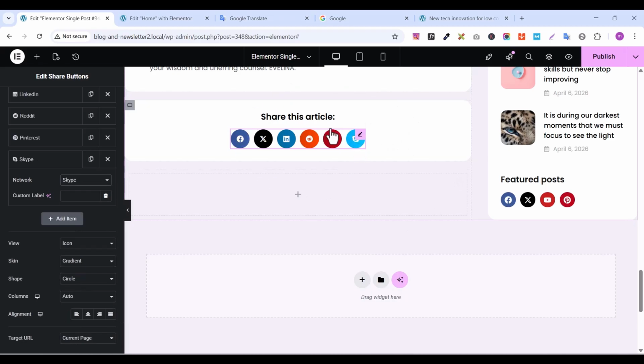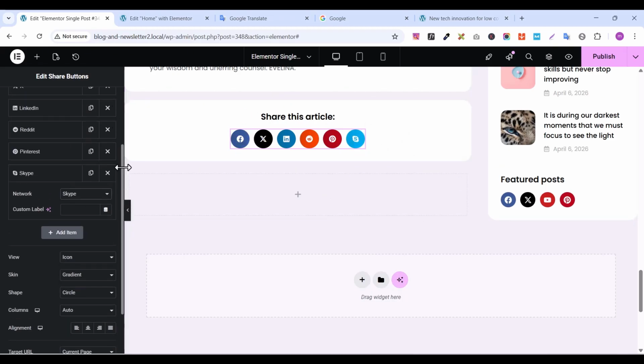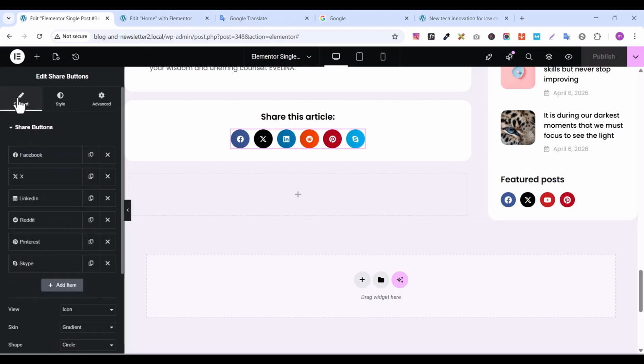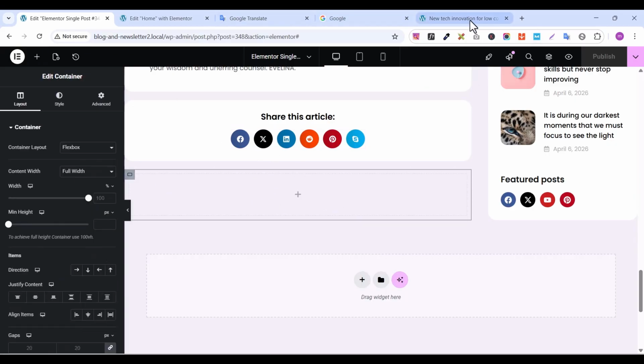So after that, you can just go to style and style it a little bit if you want. So here, I don't want to do any more changes here. So I just want to show you how to achieve it. So if you want to do some changes, you can do any changes you want, but I'm not going to do anything. So let's publish it, and let's come below to the last container